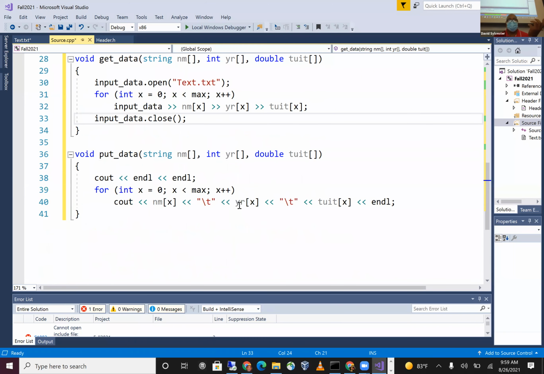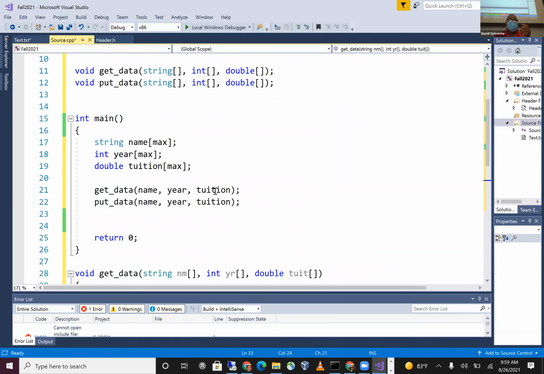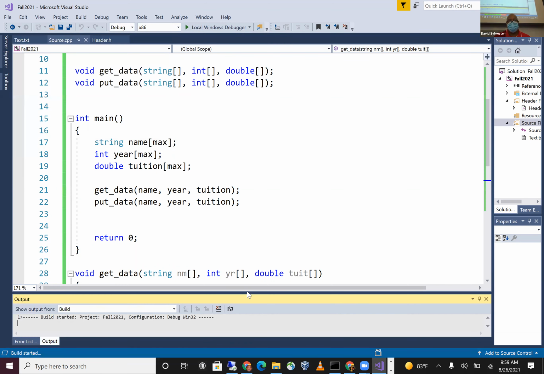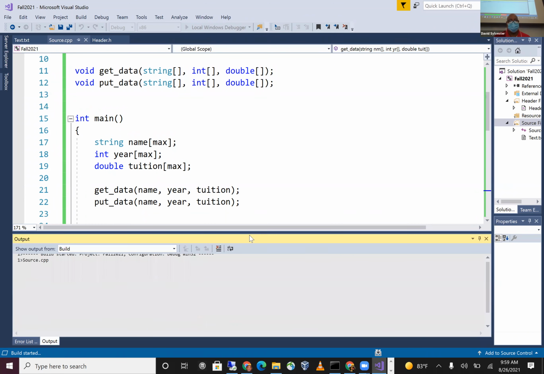So let's run this. This should work. Hopefully it should work. I have my data file and I have the header file. So let's run this and see what's happening. We debug this, or compile it, and let's see what happens. And hopefully it'll say no errors. But if it does,